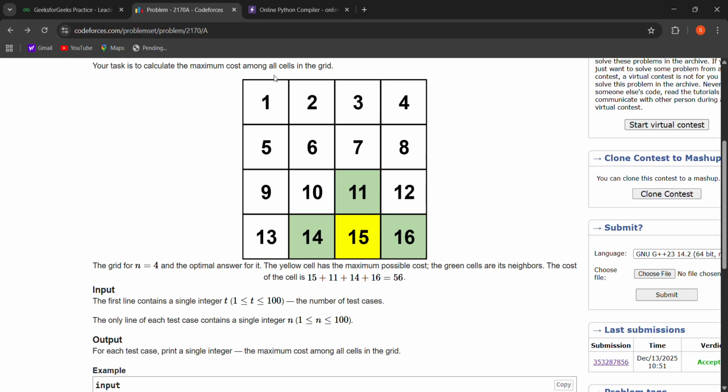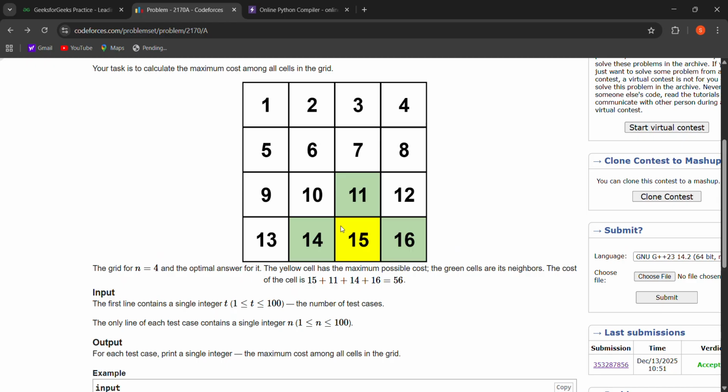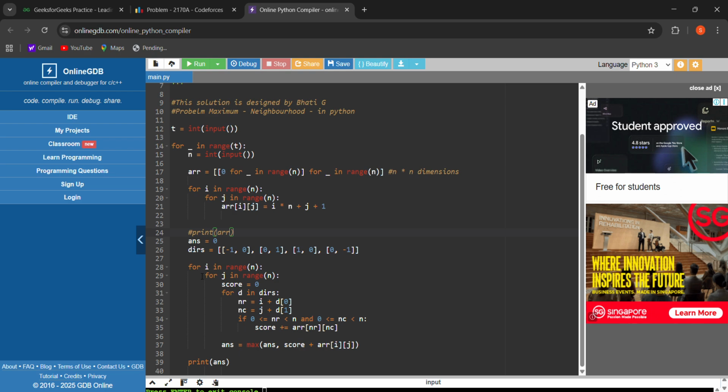Now after filling our grid, we start moving on every cell for i equals 0. In every i, the j ranges from 0 to n like this.